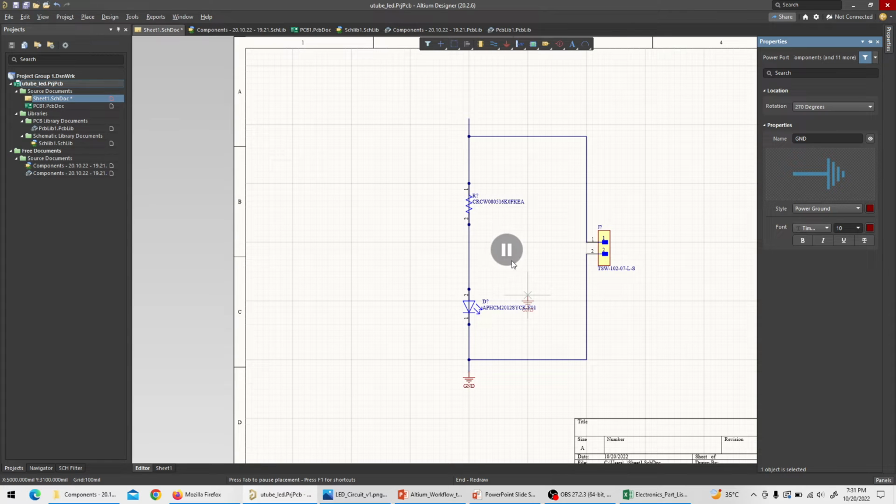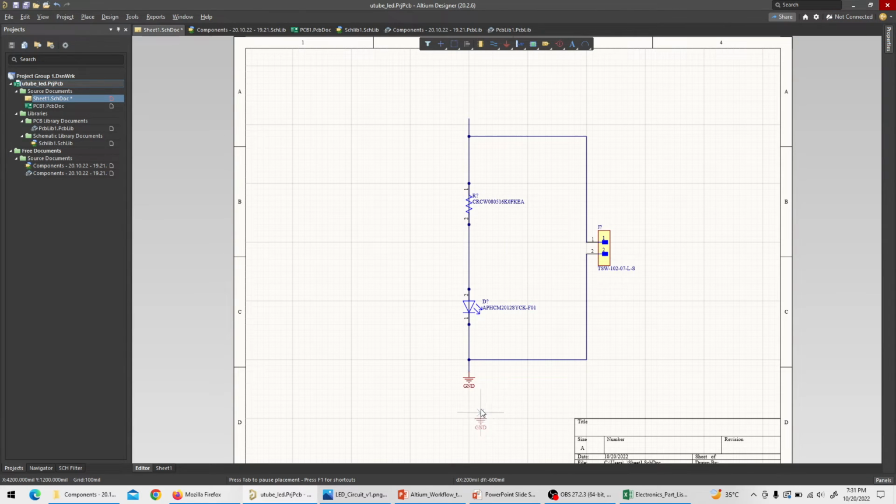When you hit the tab key, you see the schematic work stops. It just pauses. Now I want to name it as a ground. Yes, it's a power ground. Yes, perfect. Okay, perfect, we've placed it. So I need the ground. Now I will just hit the pause key and I'll hit one more ground, but now I don't need ground,